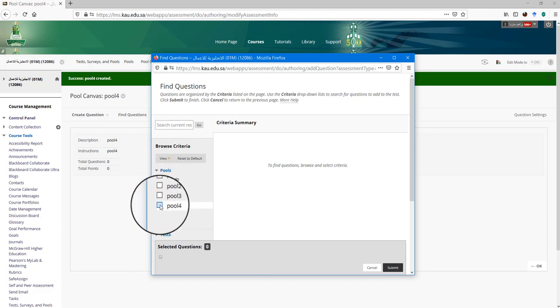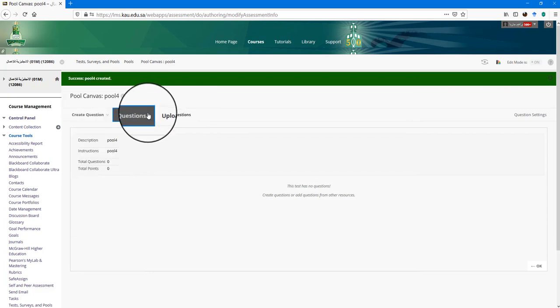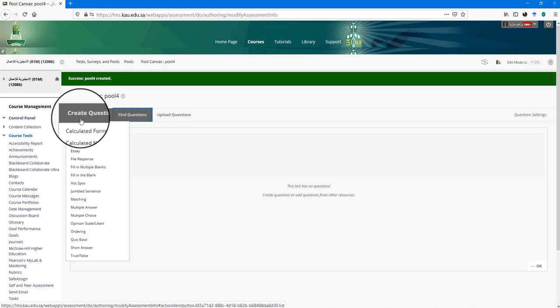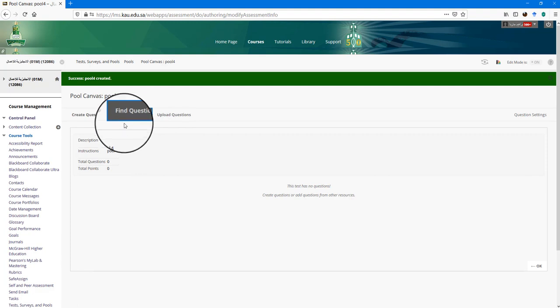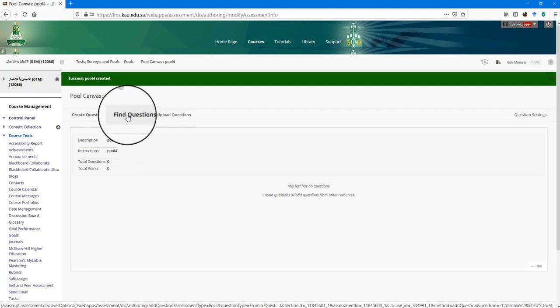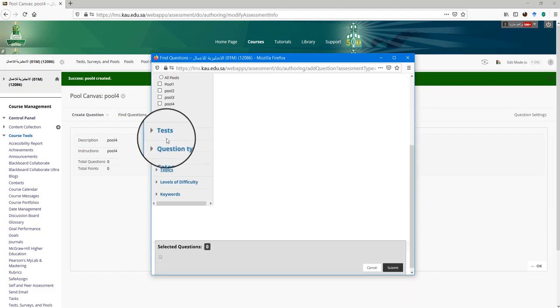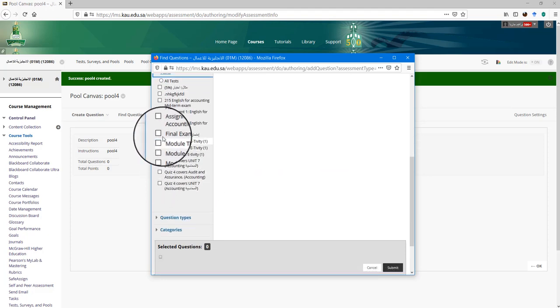So in pool 4, what did I just do? I clicked on the pools, I created a pool. Now I'm looking for questions. I'm not going to go and make them one by one. I don't want to upload it. What I will do is find the questions. And the questions will be in the test that I just made called final exam, which is